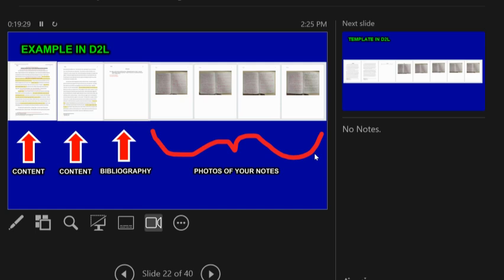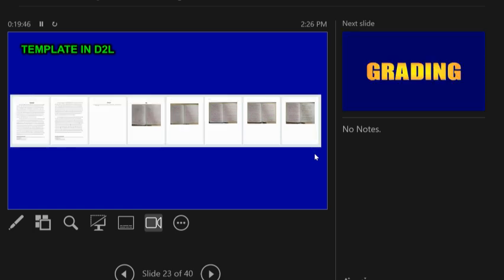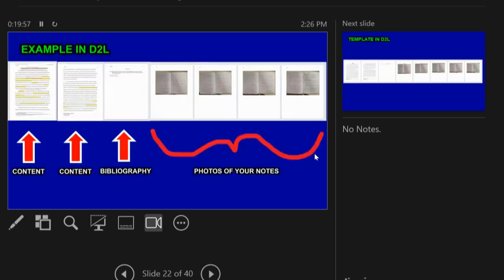There's 2 pages of writing. There's 1 page that has your bibliography on it, nothing else. And then I want you to photograph your notes and attach those all into one PDF. There is a template in D2L. You don't have to construct this assignment. I've constructed it for you. I'm giving it to you. All you have to do is change the words. Before we go on,